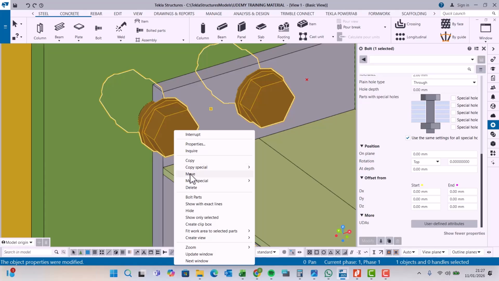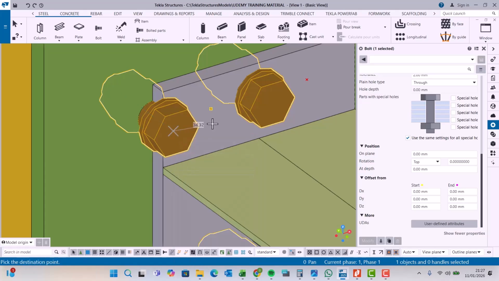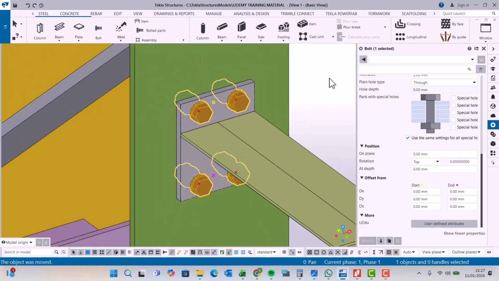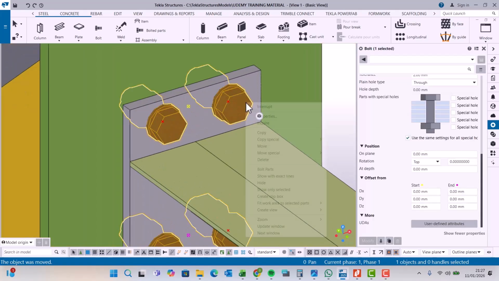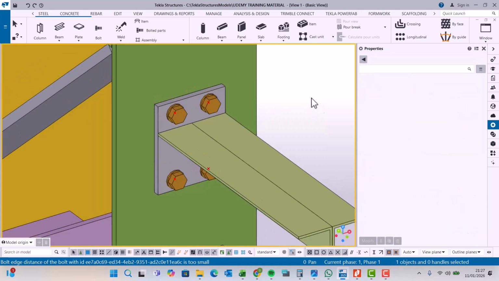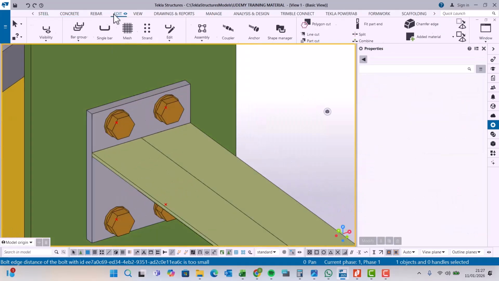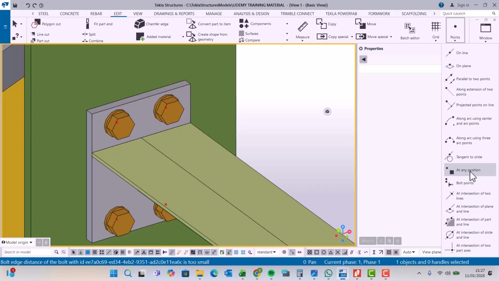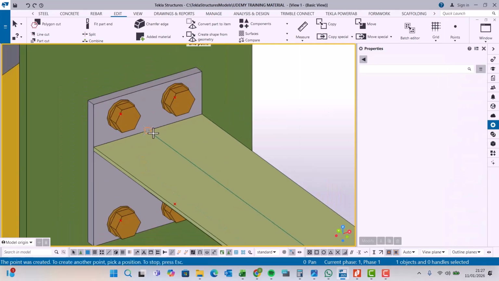Just select the whole bolt, click move, and select on top and place your bolt right there. You don't need to bother yourself so much. Right click and come to bolts, select that, and press the middle button on the mouse. You've bolted everything. Now I'll come to edit, come to points and pick at any position, snap on that spot,